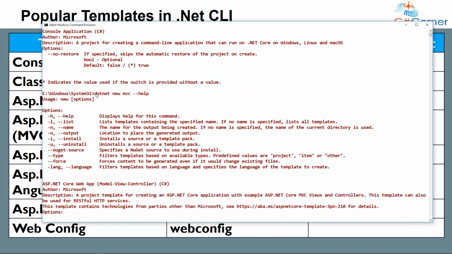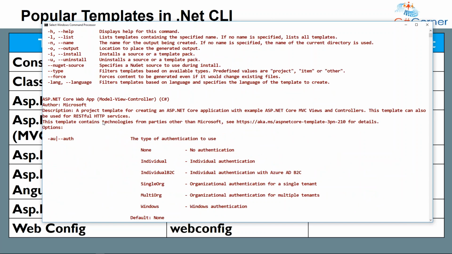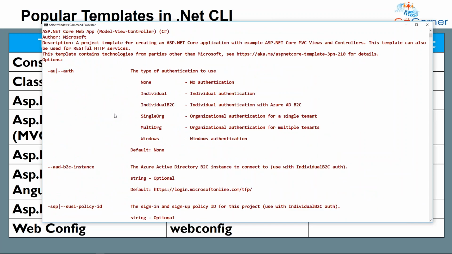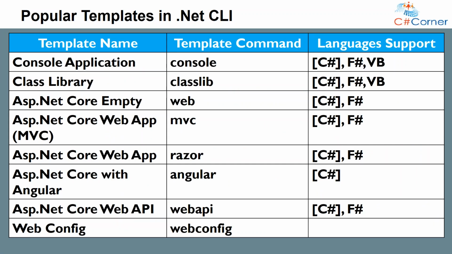For any syntax running in the .NET Core CLI, if we want to know about that syntax or the detailed parameters of the syntax, we just need to write the help option after that command, and it will give us the detailed parameter list or options information regarding that syntax. Okay. So, return back to the presentation. These are the samples, and also